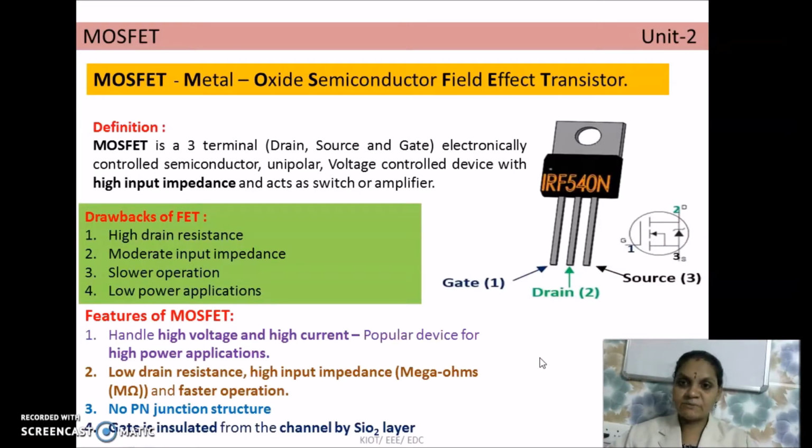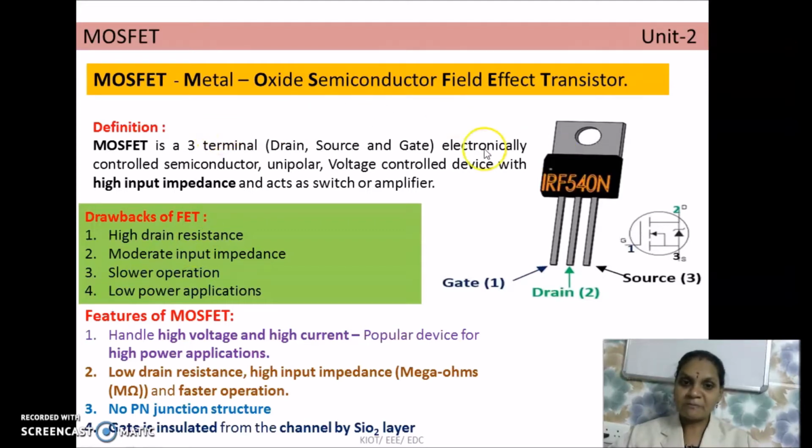First, an introduction about the MOSFET. MOSFET stands for Metal Oxide Semiconductor Field Effect Transistor. In the previous video, we discussed in detail the FET family of devices, the beginning family that is called JFET, Junction Field Effect Transistor. The next advancement of JFET is MOSFET. JFET has some inbuilt disadvantages, some drawbacks. In order to overcome those drawbacks, the next family of devices, an advanced transistor compared to the JFET, is called the MOSFET.